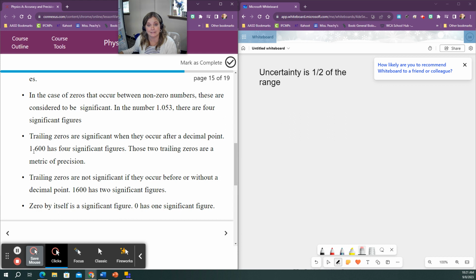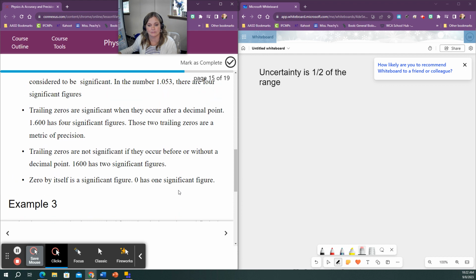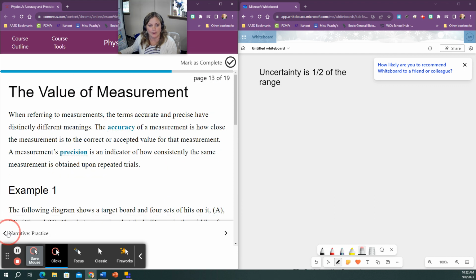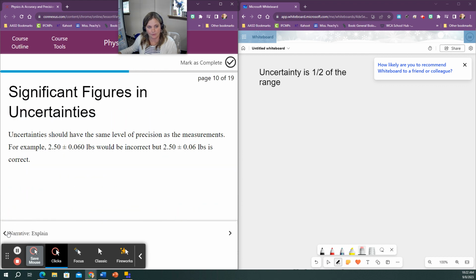1.600 has 4 significant figures because those 2 zeros are to the right of the decimal. In 1,600, the 2 zeros are to the left of the decimal, because you have to imagine, of course, that imaginary decimal. And a 0 by itself only has 1 significant figure. Going back to where we were a minute ago,